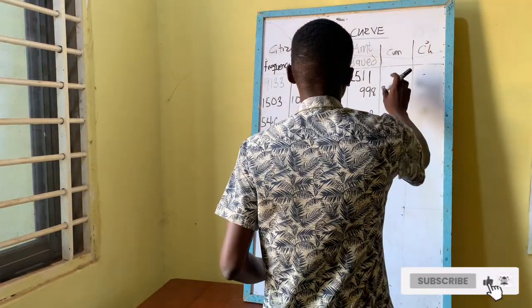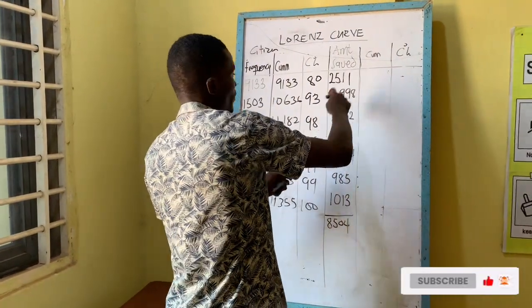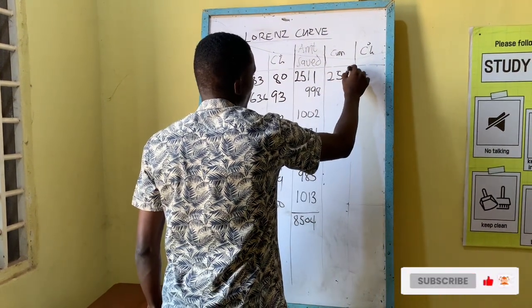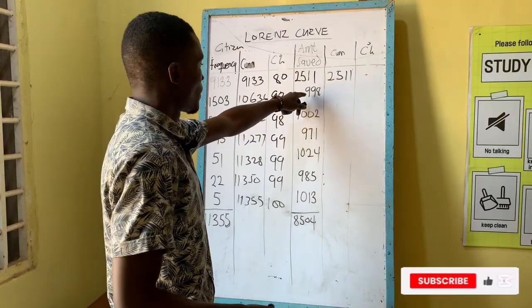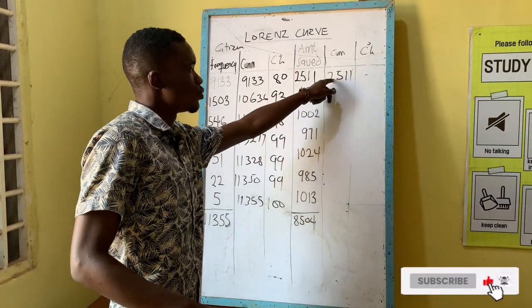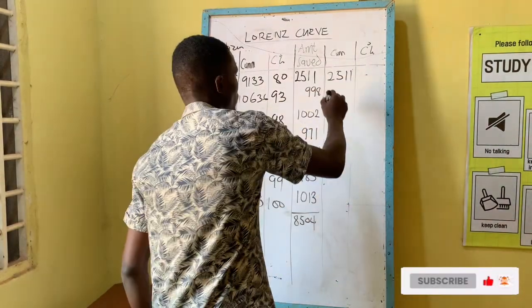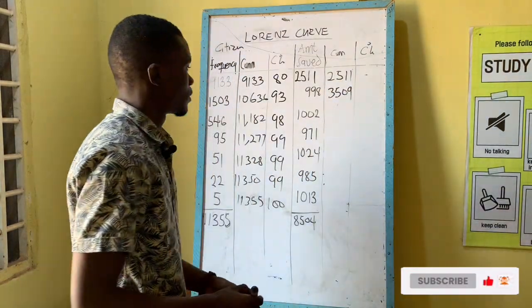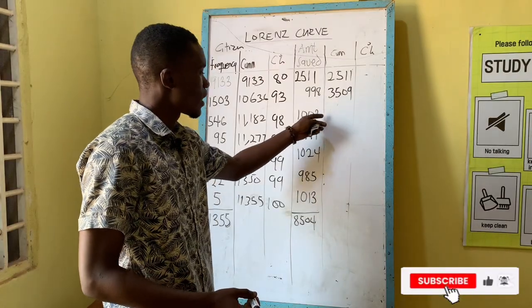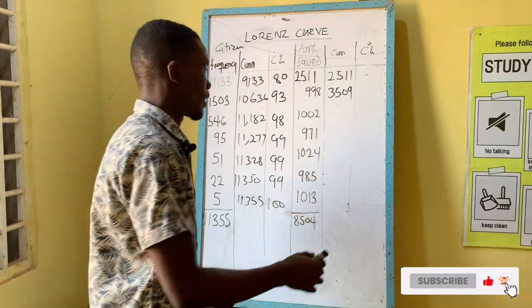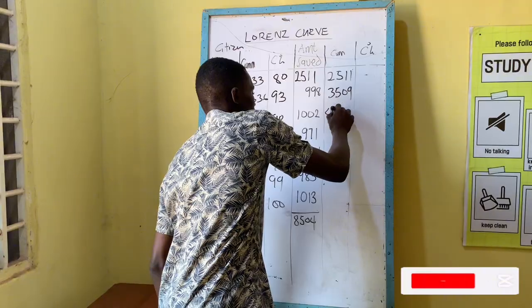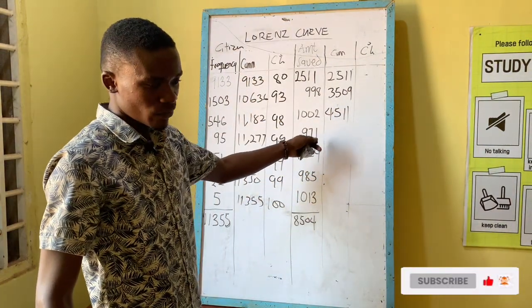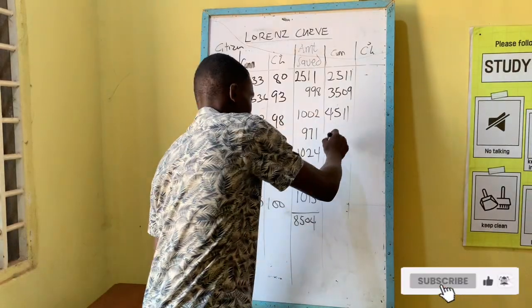Like I said, in calculating for the cumulative, the first figure you have to maintain. So here will be 2,511. So the next one you add 998 to the 2,511, then you get 3,509. Right. So 3,509, then you add 1,002 to it. You are getting 4,511. So 4,511, you add 971 to it, you get